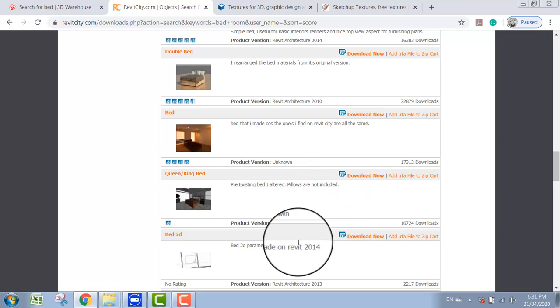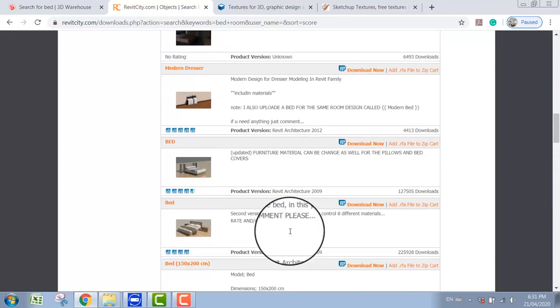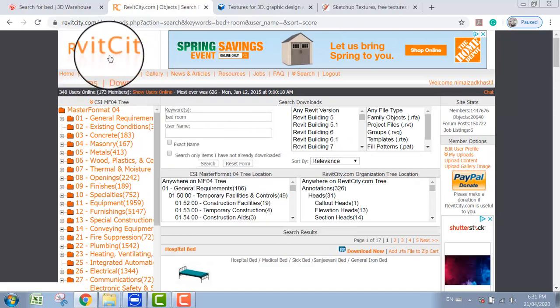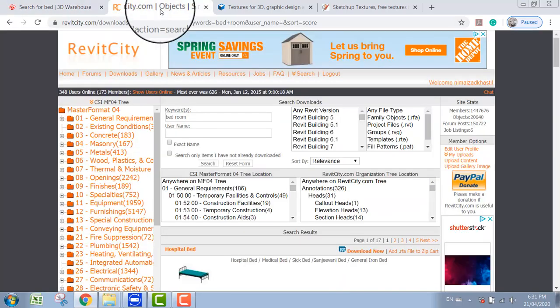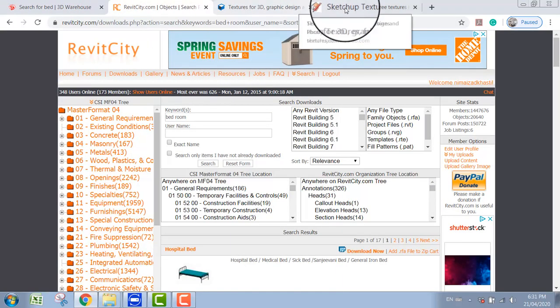So these are very important websites and very helpful, so please go and check them, make an account and use their advantages. Okay, so this Revit City is for Revit, SketchUp 3D Warehouse is for SketchUp. These two are for models. Right now I'm going to talk about two websites where you can find high quality images